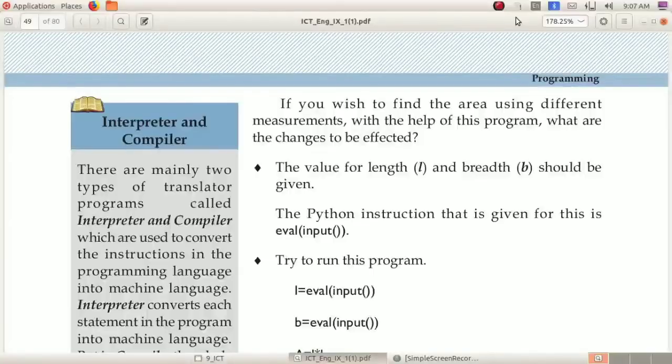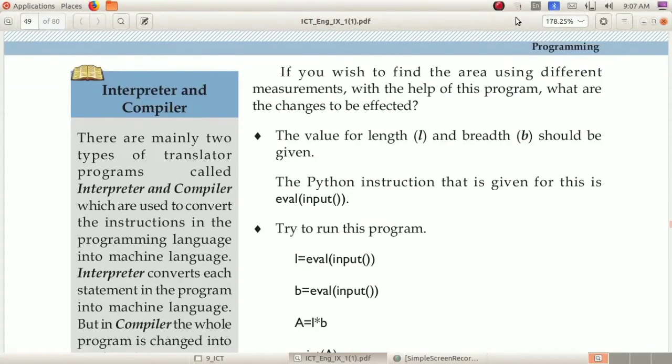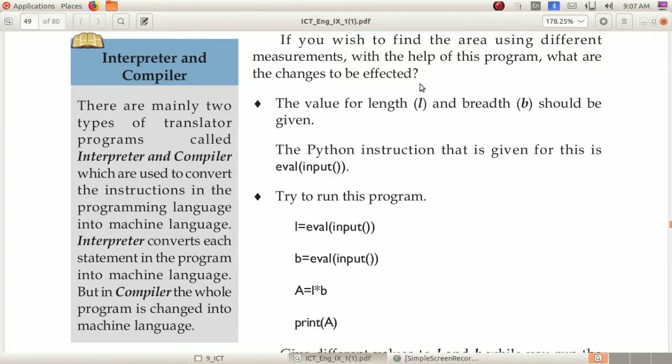Interpreter and compiler. Here you can see two types of translator programs. We have discussed what translator programs are. What do you mean by translator programs? Yes, it will convert the machine language into programming language and programming language into machine language. So the two types of translator programs are interpreter and compiler.